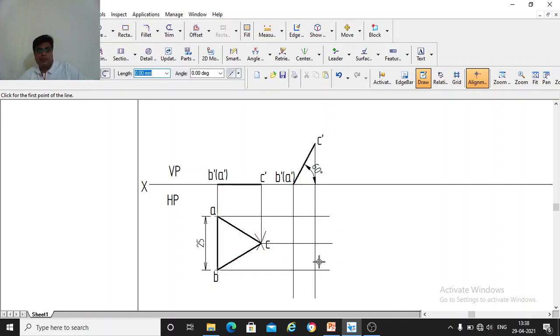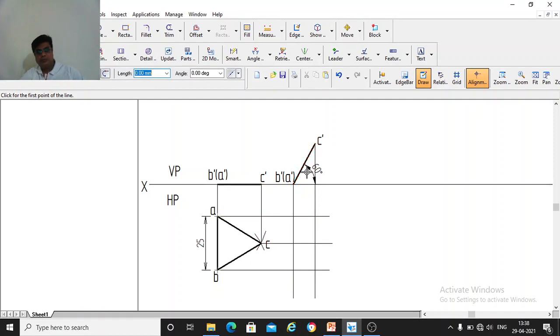Now the top view will come here. Take the point A and A dash; these two points will intersect here. B and B dash will intersect here, and C and C dash will intersect here. Now you join A, B, C, and you will get the top view when the plane is inclined to HP.